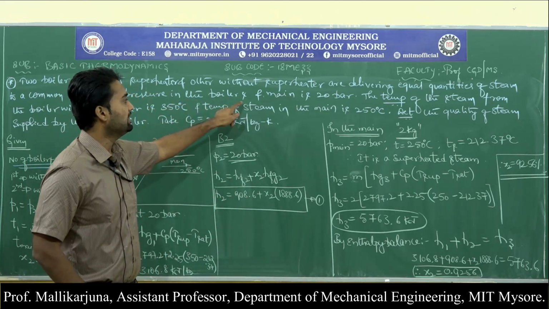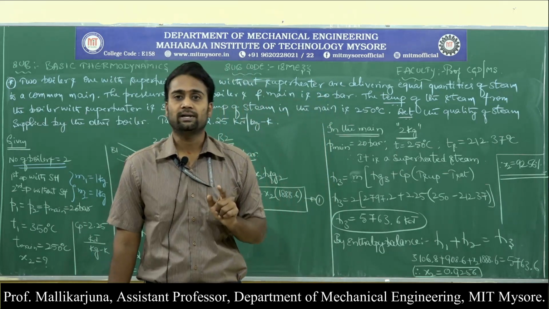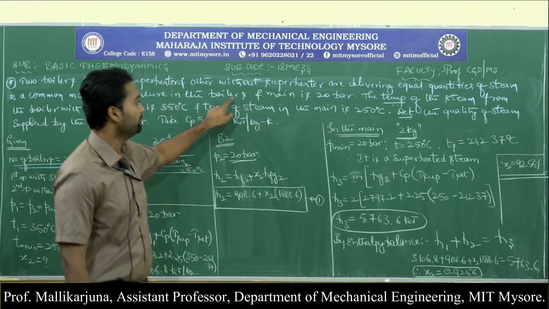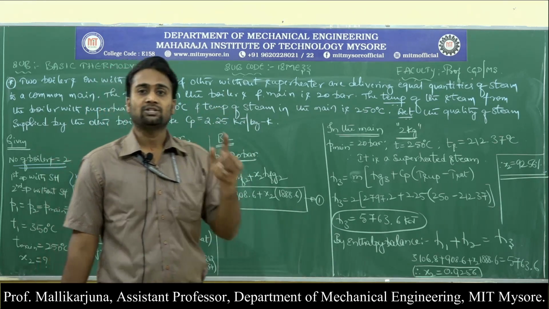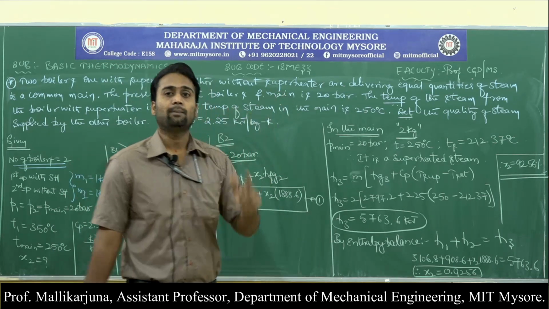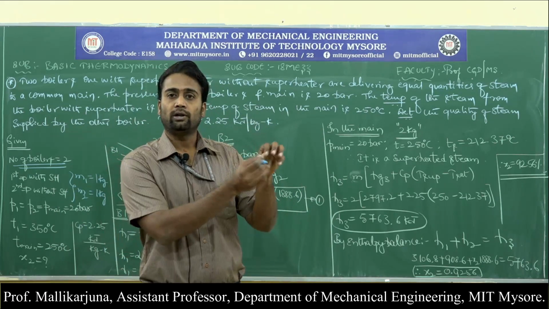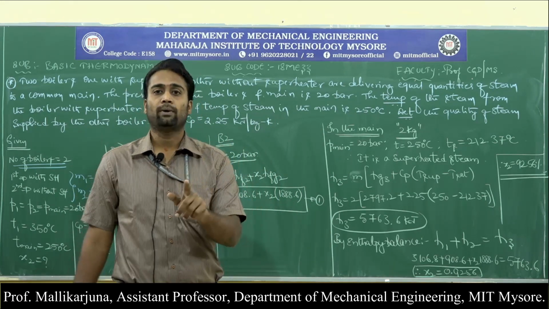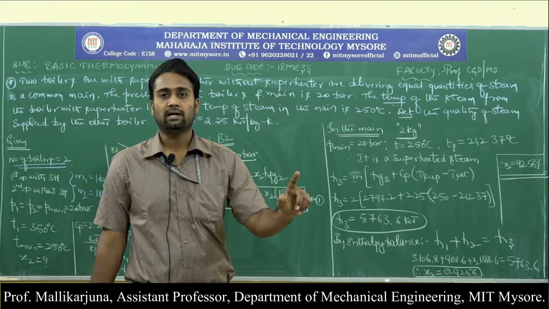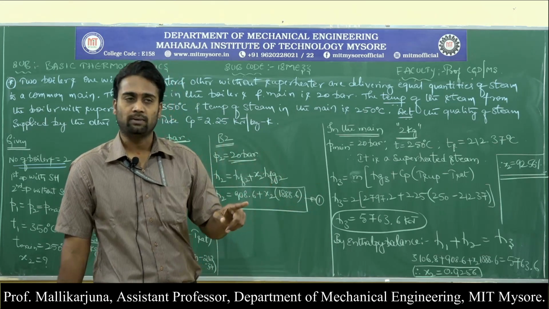The pressure in the boilers and main is 20 bar. Please be careful on this data. Pressure in the boilers, it is a plural, boilers. Pressure of the boiler 1, pressure of the boiler 2, as well as in the mains, the pressure is 20 bar. In the sense, throughout the system, boiler 1, boiler 2 as well as main is operating with 20 bar pressure. Throughout the operating condition, the pressure is 20 bar. Wherever I will be dealing with the pressure is 20 bar.